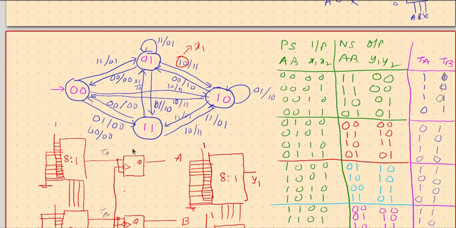And this one says x2. So I can write x1 here, x2 here, and x1 here. That solves a lot of problems. Instead of writing two bits, you could write only one bit. Then when both are 1, x1 and x2, you write A and B. When both are 0, what do you write? A bar and B bar. That way things can be simplified.